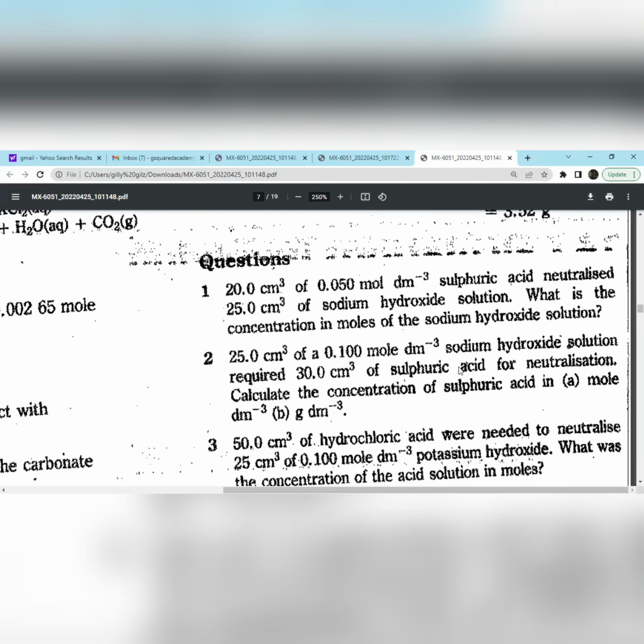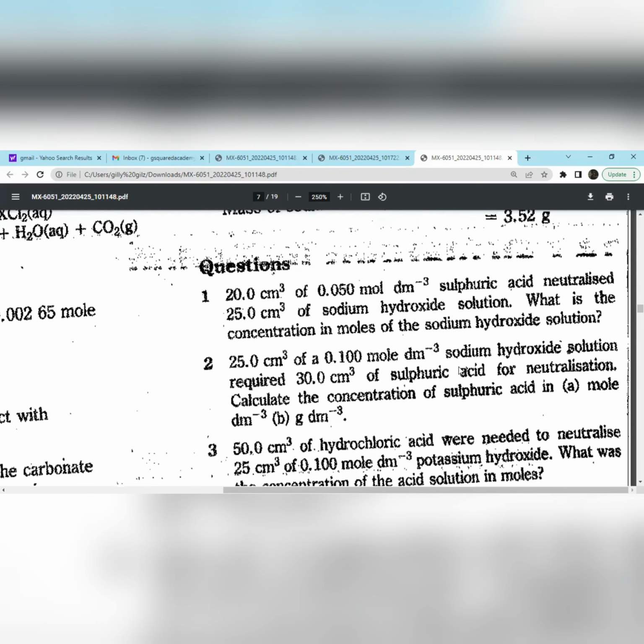Okay, so what do we do for that? For that, we're going to say that we have 0.1 moles in 1,000 centimeters cubed. Therefore, we have X moles in 25 centimeters cubed. So now what we're going to do is make X the subject of the formula, and we're going to cross multiply. Okay, and so X now is going to be equal to 25 centimeters cubed times 0.1 moles divided by